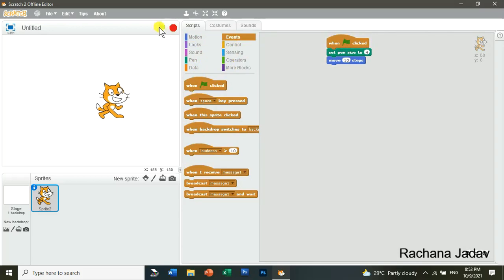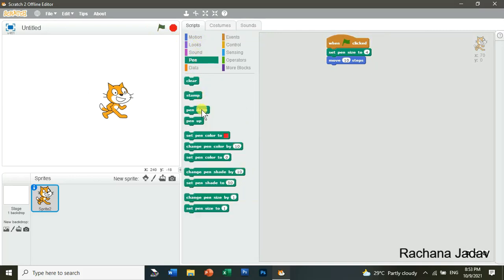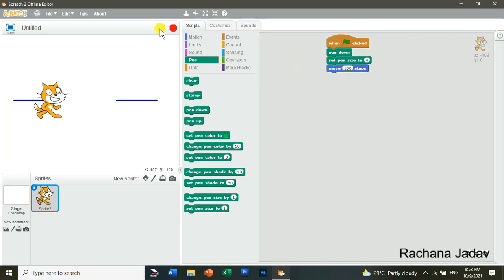Okay, I've just taken the pen size, but what about the pen down, right? तो मैंने pen down तो किया ही नहीं है. So I will just go to pen down and I will start. You can see over here, right? आपको यहाँ दिख रहा होगा. If I will change the steps over here, मैं यहाँ उसे I'll just take it over here 100 and you just see what will happen. So let's start.